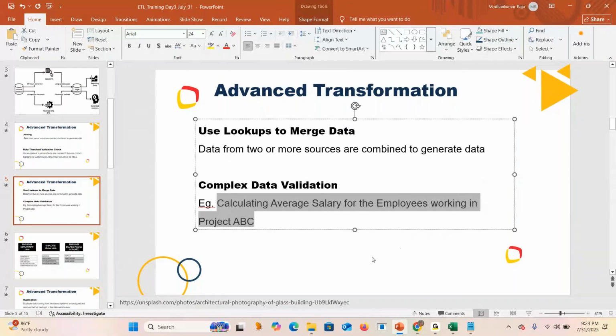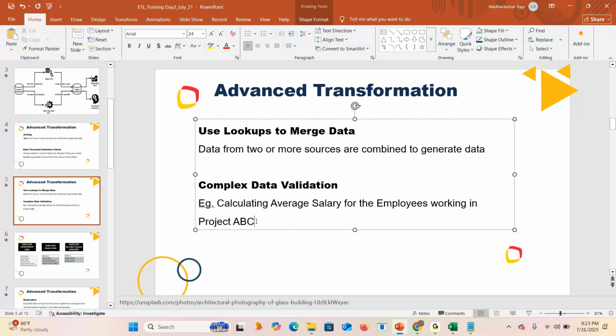So I want to calculate the average salary of the employees. Suppose we have a company called Infosys. There we have departments: BFSI, healthcare, and banking. These many domains we have. Correct, guys? You are understanding, right?